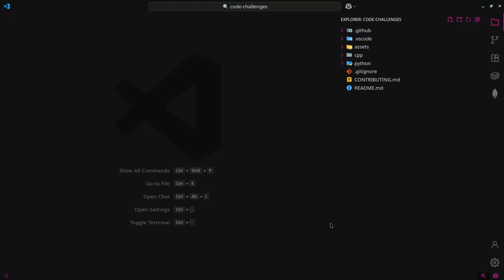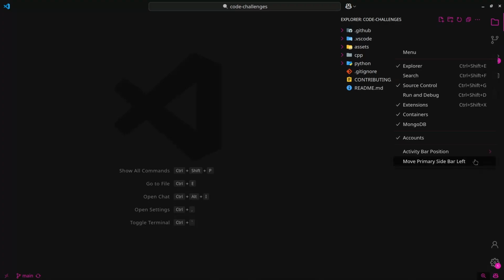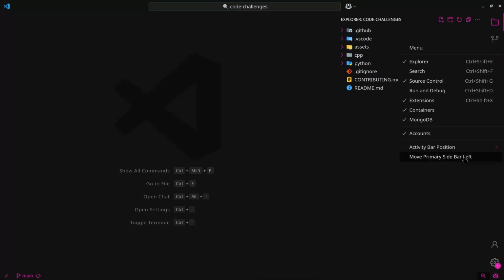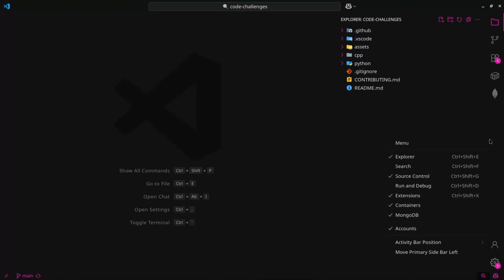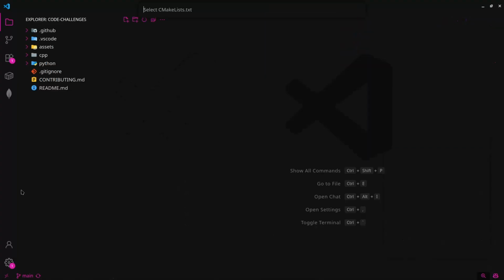and there we go. Now, the first thing you should note is that on your side, this is probably going to be on the right, so let me just move it to the left. Cool. Now, there will be a pop-up here on your side that prompts you to install recommended extensions. Click on install, because those extensions are going to help us make things easier in